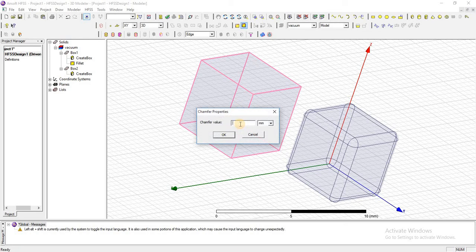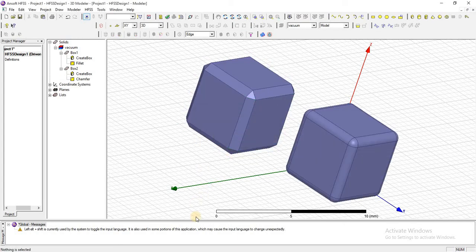How much distance do I want to chamfer? 0.5. But here you can see that no setback distance is needed because chamfer is always done in a slope form.